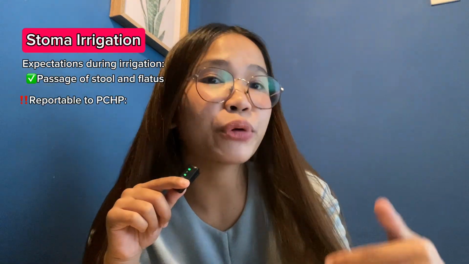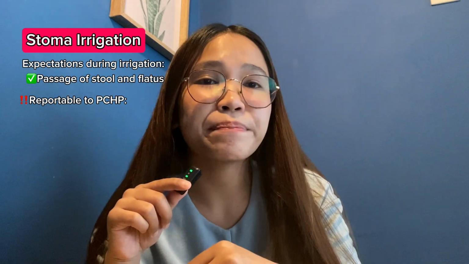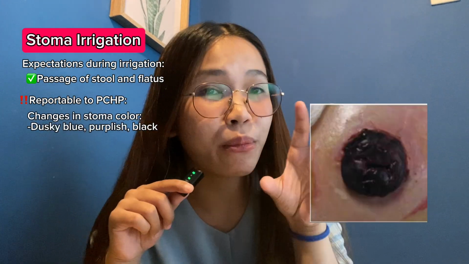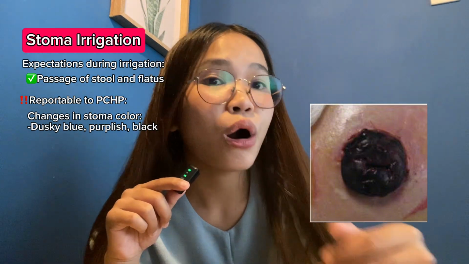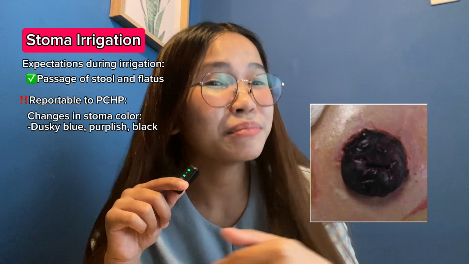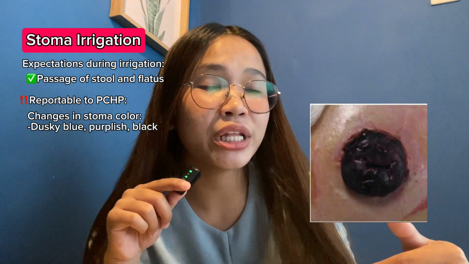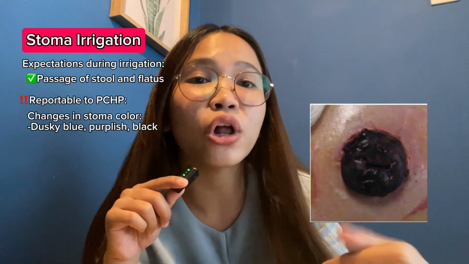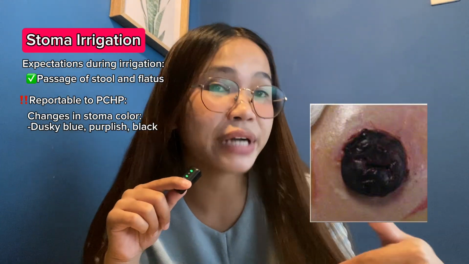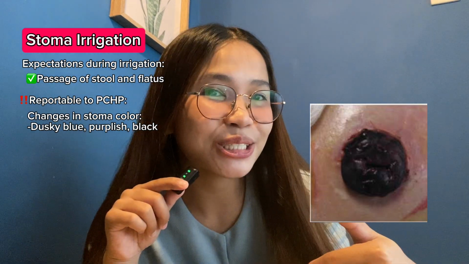And the things that are reportable to the physician when you're doing irrigation is, number one, if may changes sa color ng stoma mo. If the stoma starts to appear dusky blue or purplish or black, report yan sa physician because that means nagkaroon ng problem in terms of the circulation of the stoma. Remember when I said the normal color of the stoma must be brick red or fleshy pink or reddish or